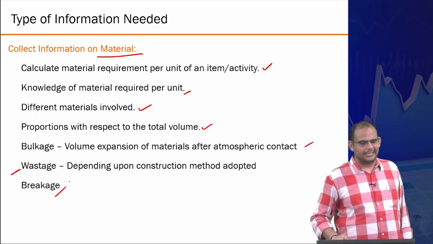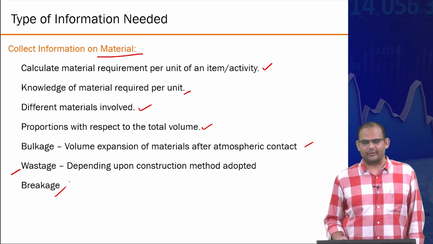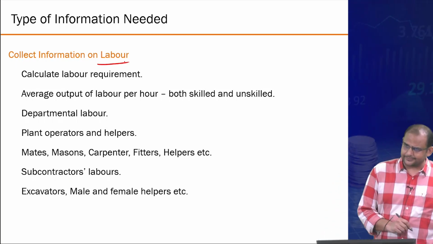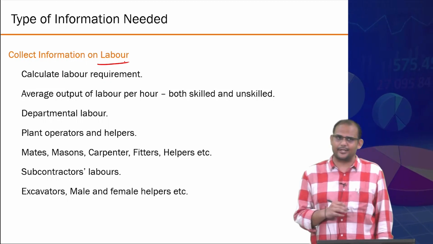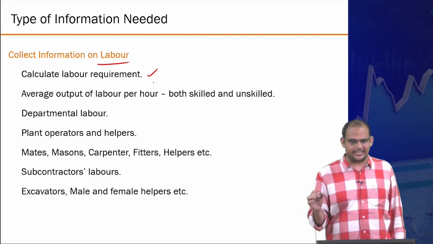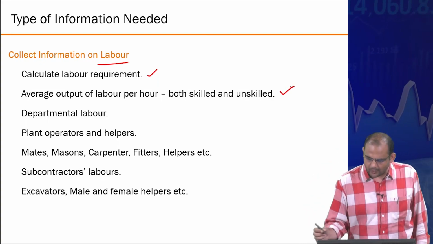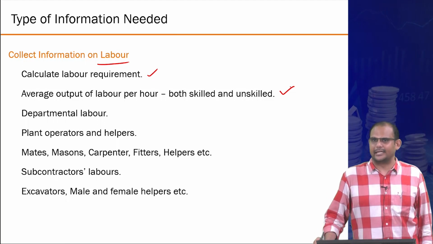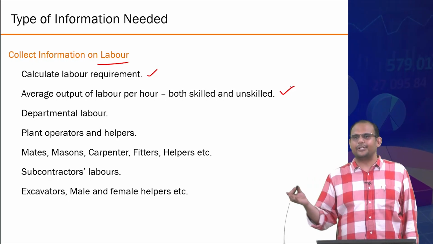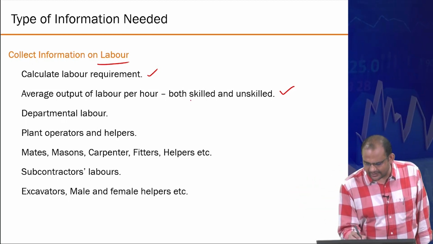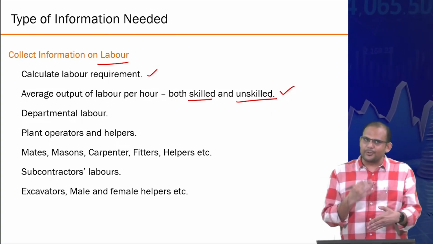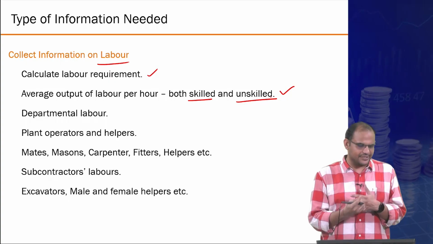So it's very important. The job is quite serious in a way that you need to have information from many sources, right? Take just labor: if you want to estimate the human resources requirement, of course you will have to estimate how many people of what type are needed. You also need to know the average output of these people, in terms of how many units of work they can do in a given unit of time. Now, depending upon whether they are skilled or unskilled, this number could change, or the kind of contribution they bring to a particular activity could change, right?